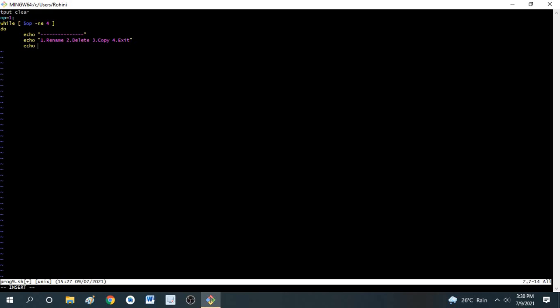Again a line space. Now I have to read the option. Now I am using the case, that is I am using the switch case. The option will be available in OP.